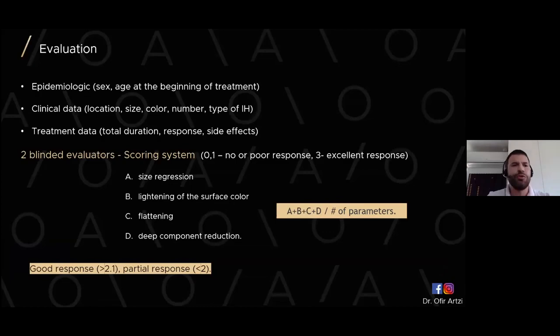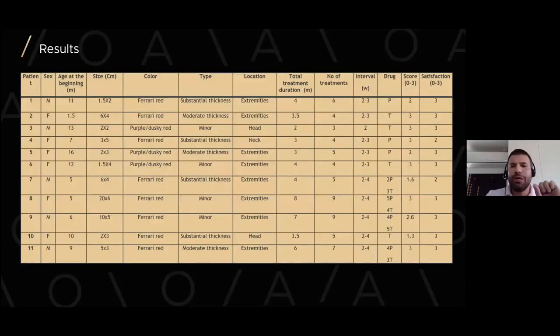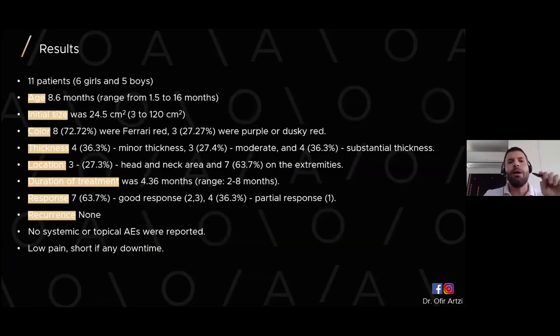So we reviewed all the epidemiologic data, all the clinical data, and the before and after pictures were presented to two non-involved dermatologists. You can see the setting. I will skip it because I want to show you some more studies and then we will get to the Q&A, but you can read all the parameters. But one thing to mention, and it is very important, please have a look. The duration of treatment was